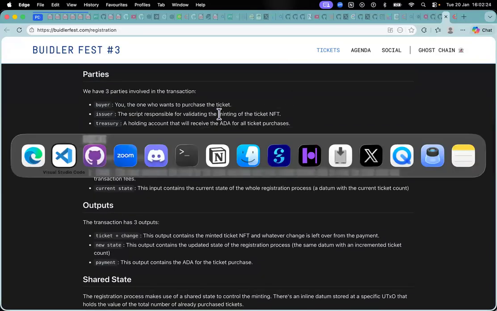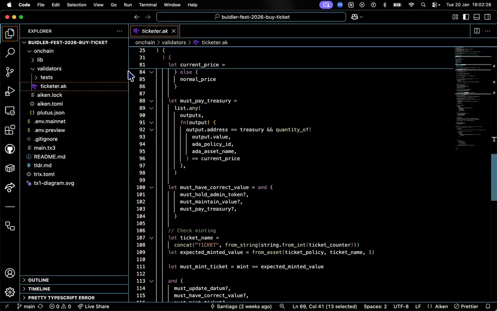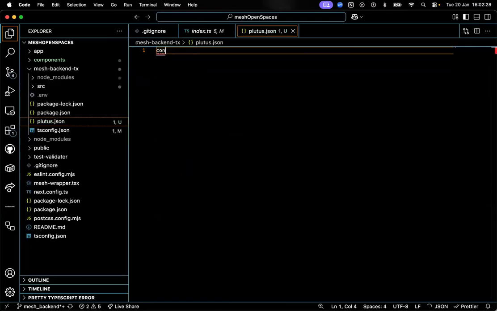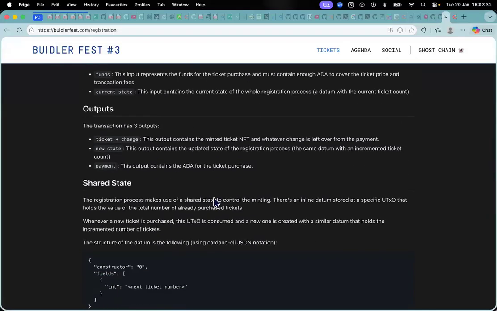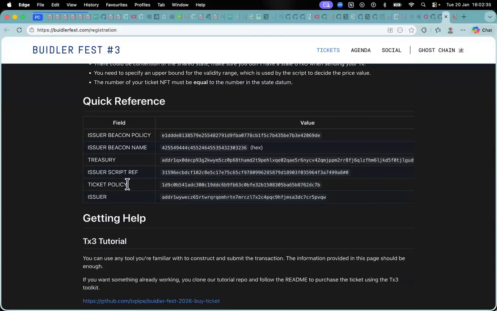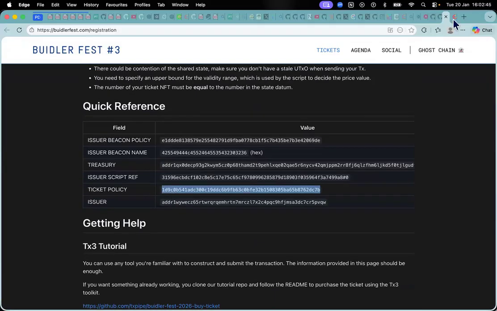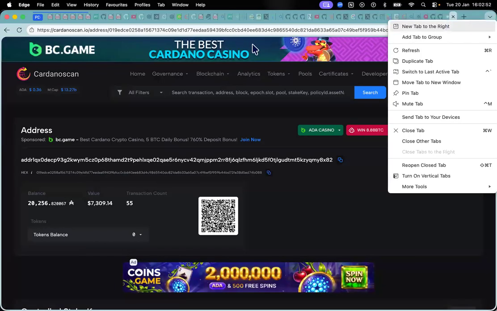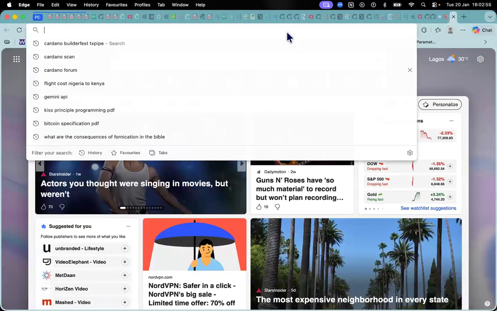Okay, let's just start and write the transaction. Let's just start trying to type out some things. So this is the ticket policy. I guess this is the policy we want to mint from. Exactly. And I guess this is the address we want to spend from. Let me check on this one again. Yeah, that's the address, correct.